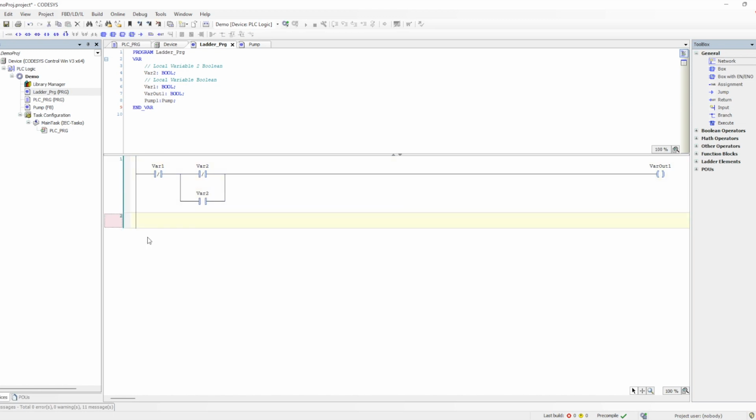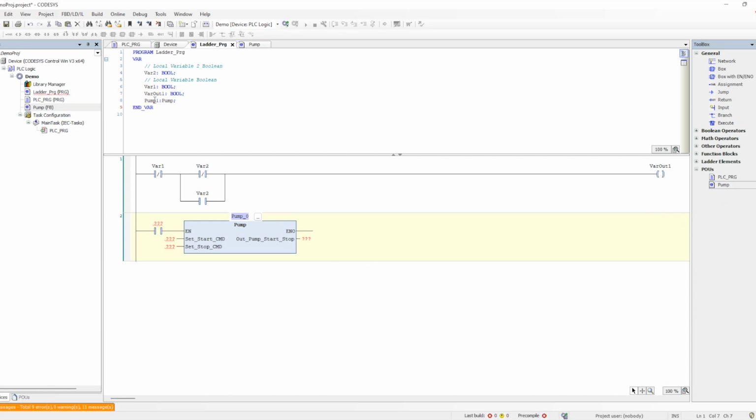let me insert a network, and let me see, in the POU we will have this showing. So we cannot drag and drop from the left hand side, but we can drag and drop from the right hand toolbox. So that we can drag and drop here. So it will create an instance name, but it will ask us to create the instance names, correct? Now whether we want to create using that or by writing on our own, both options are there. So let me put the name which I have given,